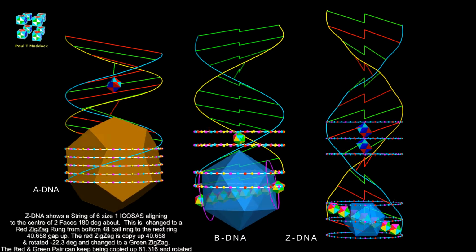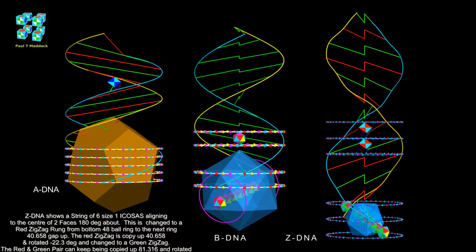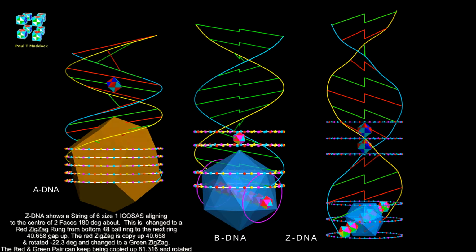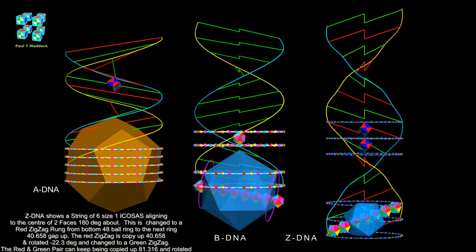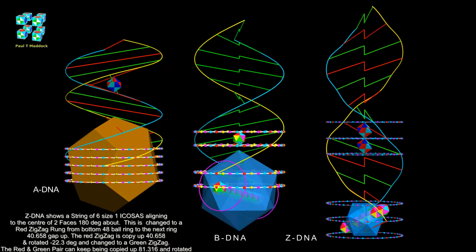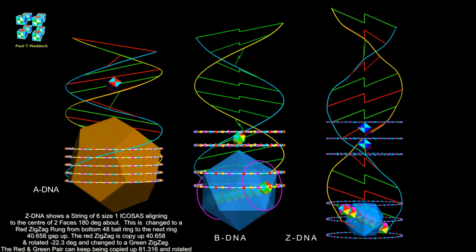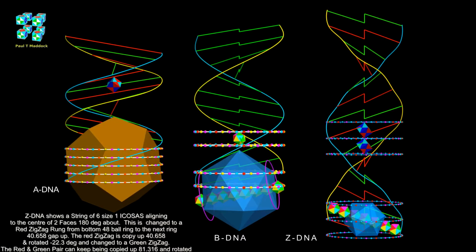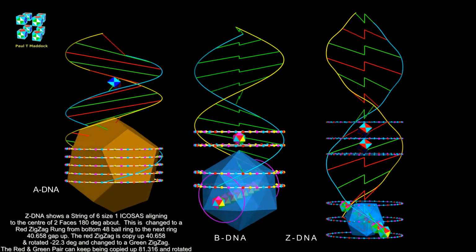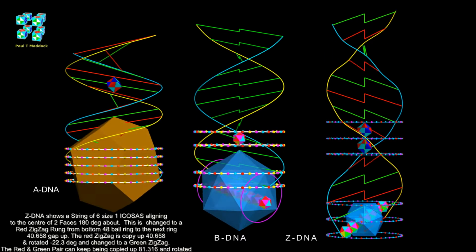Okay, now we can focus on the third type of DNA, and that will be the Z-type DNA. Well, to tell you the truth, I almost gave up on this one. I was so close and so far away all the time. But I finally cracked it, and it is quite simple. Actually, it's very much like the A DNA. We have 3 vectors 120 degrees apart, and we've got another 3 vectors that follow them 44.6 degrees apart,